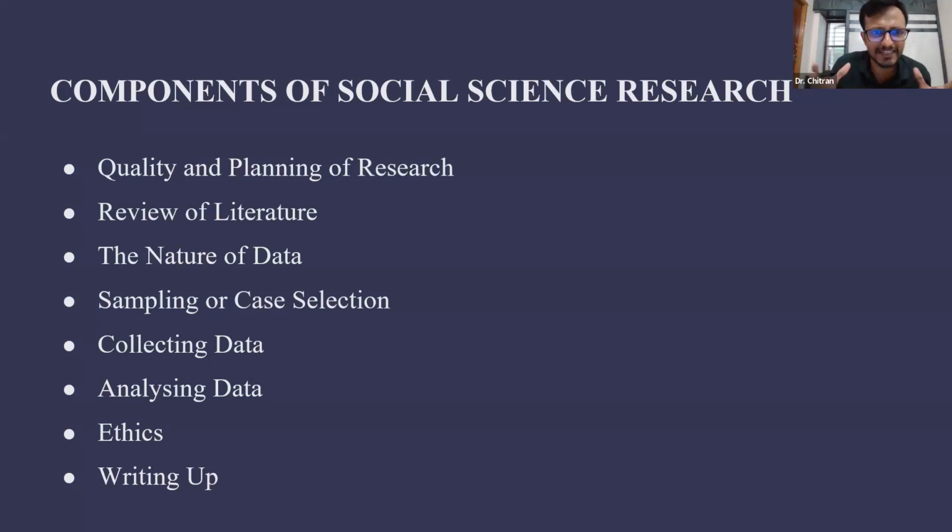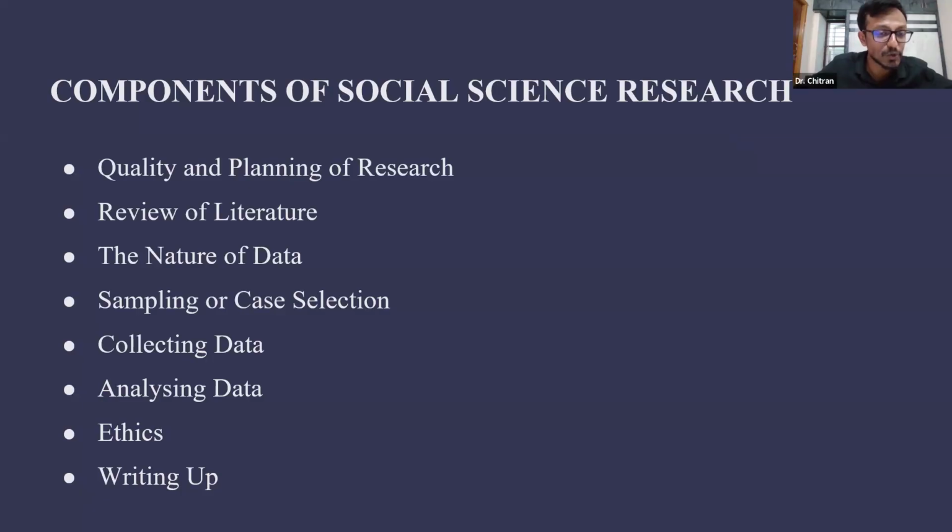So basically, these are very basic things that you plan for your research. You do literature review, the nature of data that you're using, and sampling. So sampling is something which we'll be speaking about, because I come from a history background, and in history we never do sampling. So we mostly go for, because I work on modern Indian history, we mostly go for archival work, right? And people who do ancient Indian history, they'll go for inscriptions or coins, like that. So we generally don't do sampling.